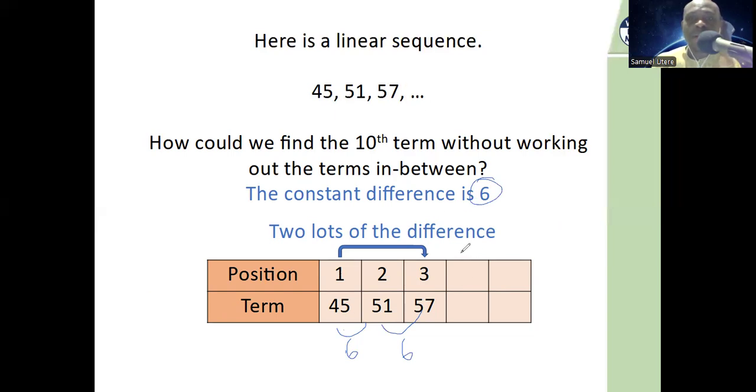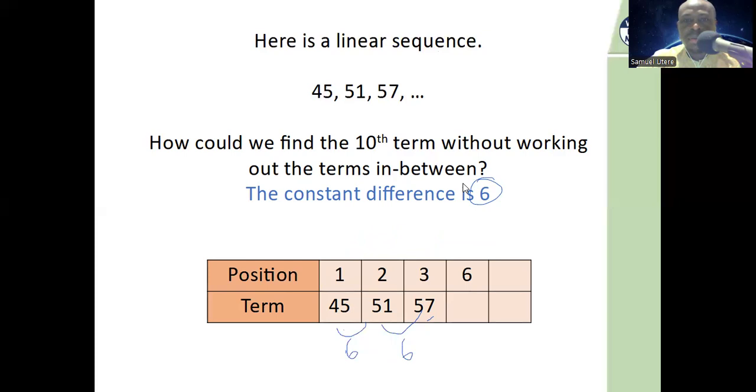Now, you may begin to see a pattern. By the time we are on the fourth term, we would have made 3 jumps. We would have added 3 lots of the constant difference. And I'm sure you'll be thinking right now that, okay, I think I get this. When I'm on the fourth term,